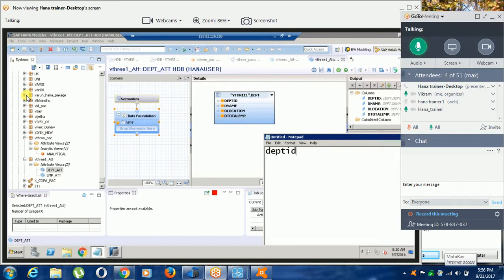Suppose department ID and total employees of the month, or date. You can say date or you can say month,